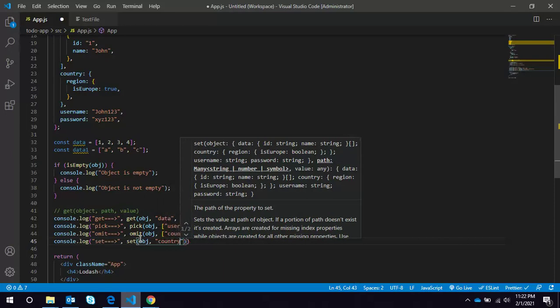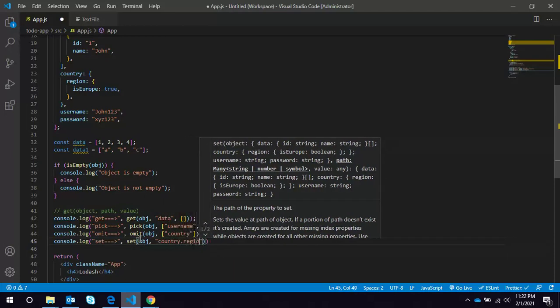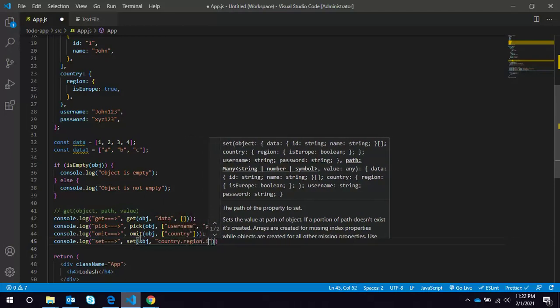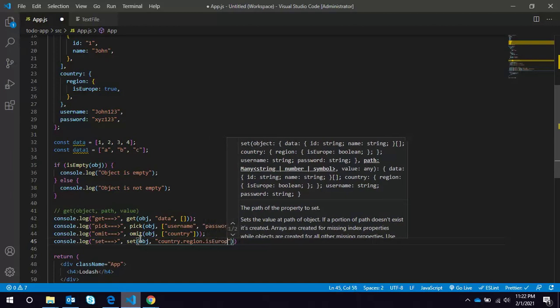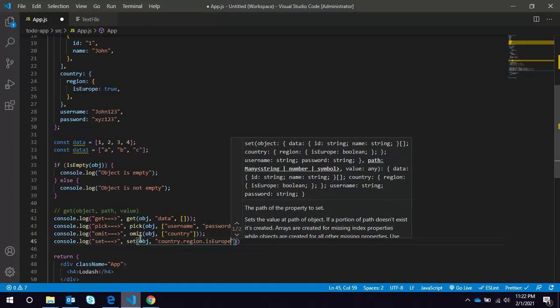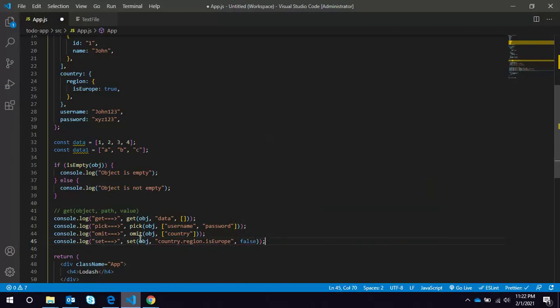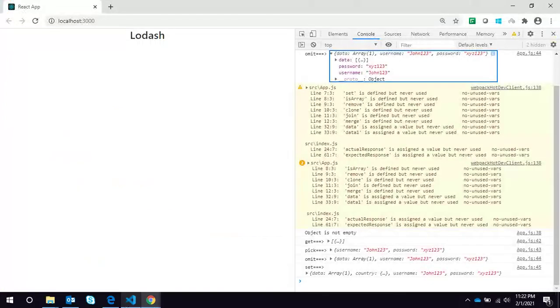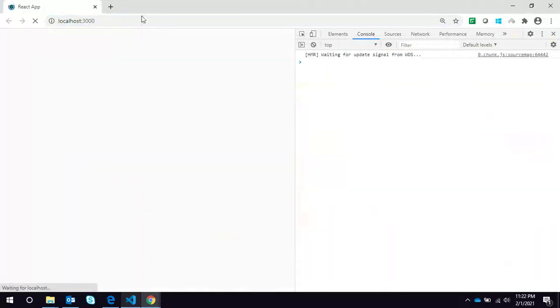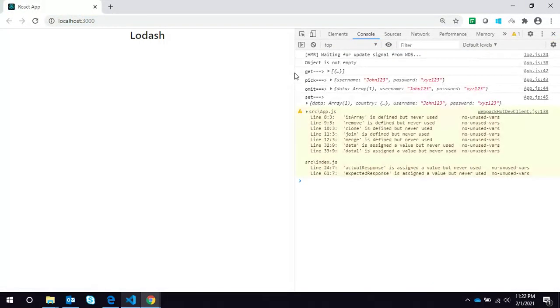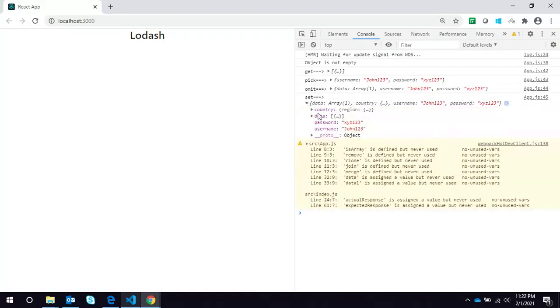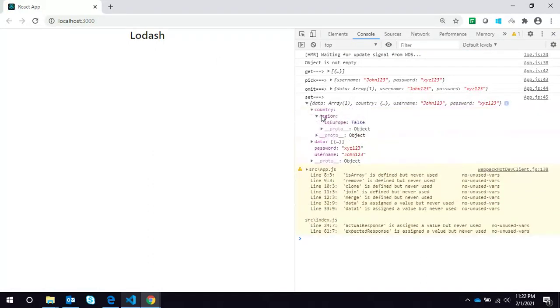The path will be country.region.isEurope. Now we can check in the console. You can see the isEurope property is now set to false.